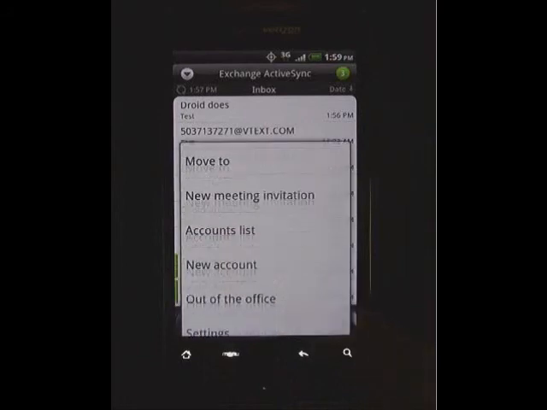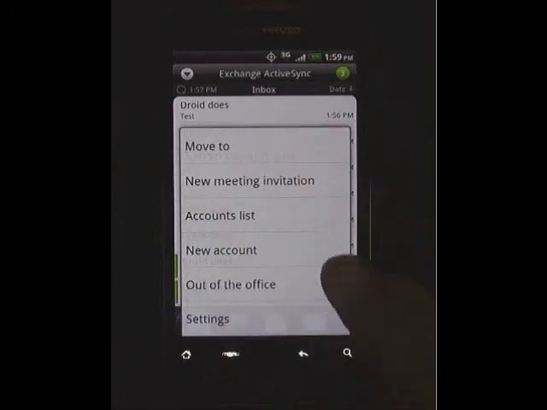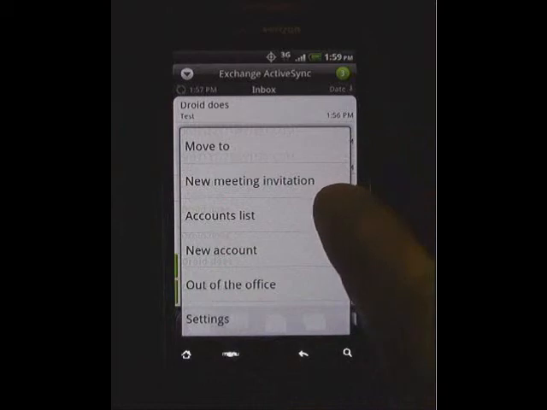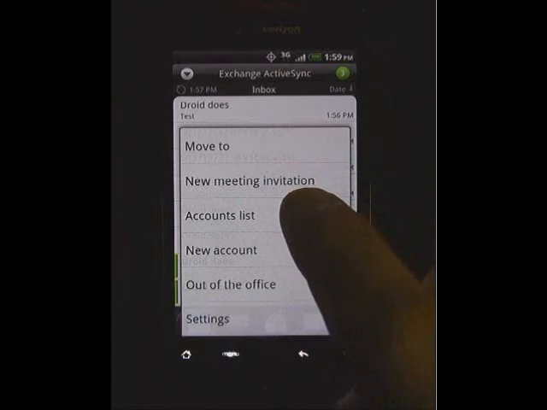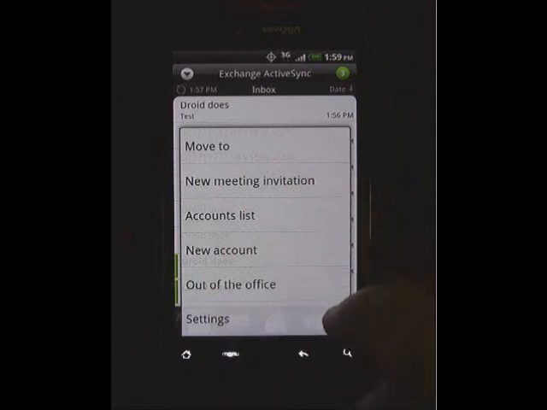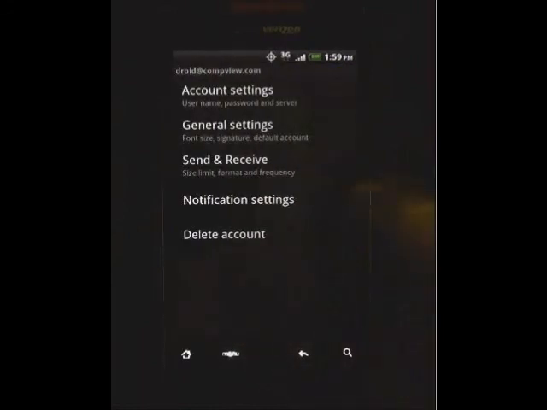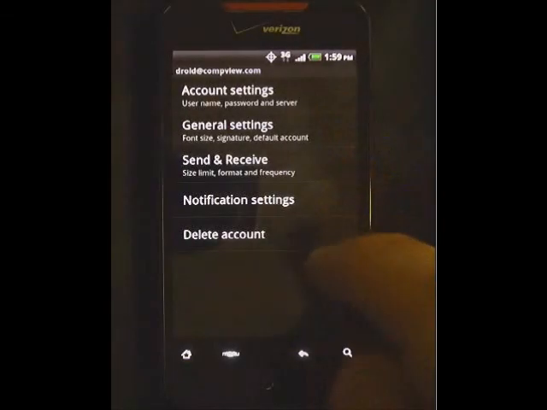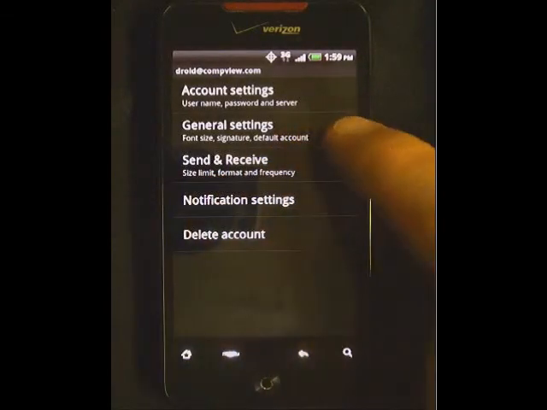Go back into menu. If you go more here, you'll have more options. You can do a new meeting invitation. What that means is it'll basically just create a calendar item, which we'll go over in a future video about creating calendar items. But this is a quick way to create a calendar item and send an invitation to somebody. Accounts list, which I already showed before, you don't need to worry about that. The out of office is handy if you want to set your out of office from your phone. And then, of course, settings. Settings will allow you to specify some general settings. You can choose your default font size. You can